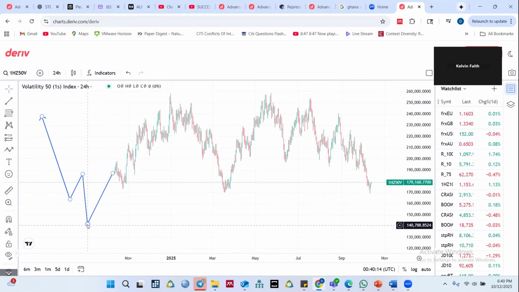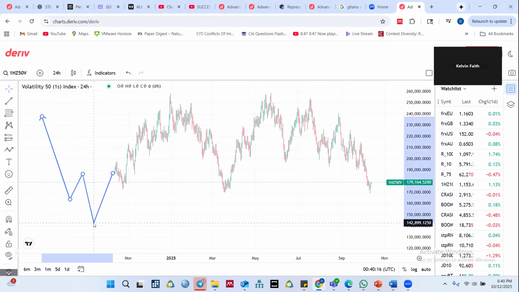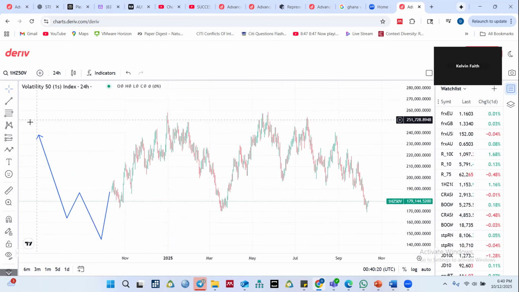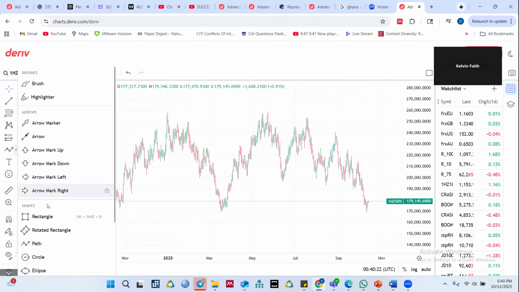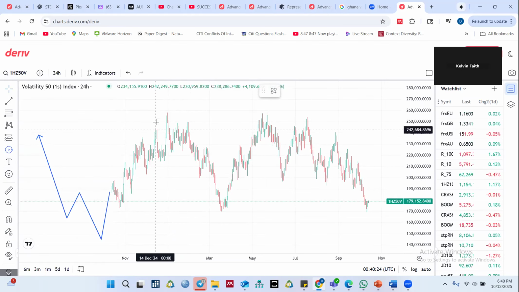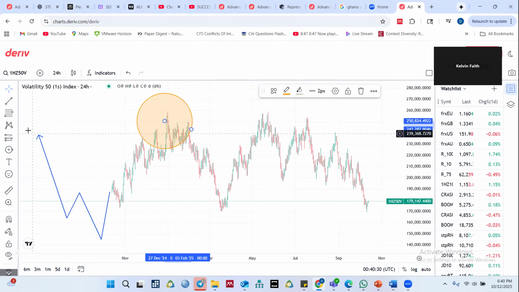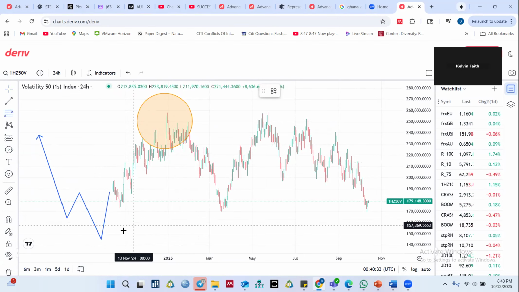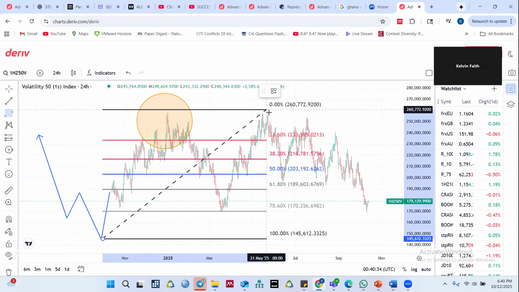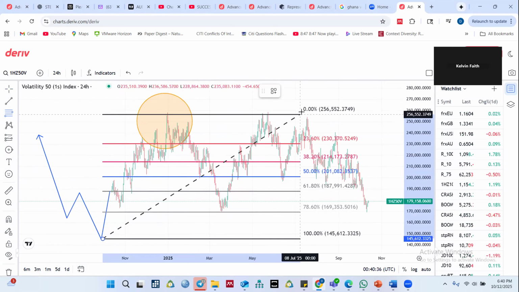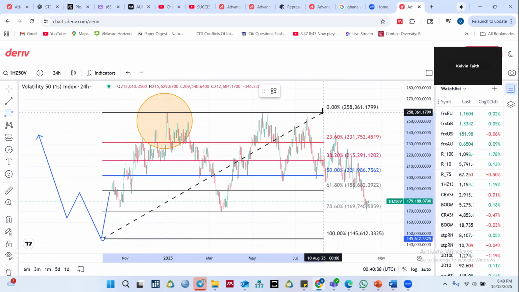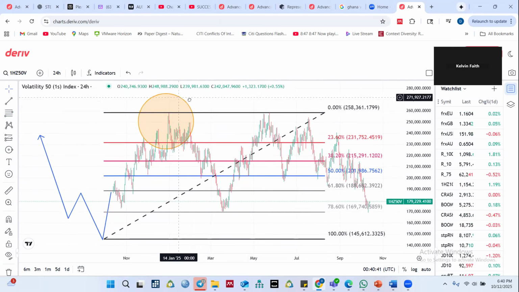It hits somewhere here, and then it went up to this area, and then it pulled back, I think 78.6%, and then went up here,